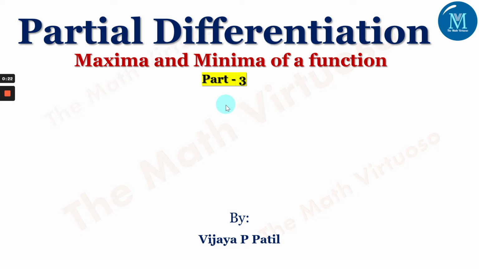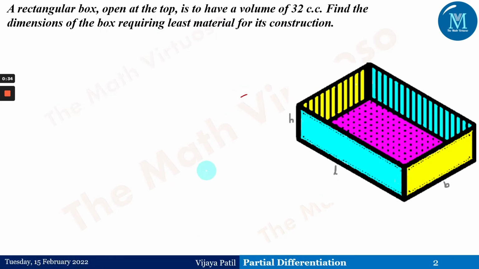The second session was of a little difficult level, and the third one is a problem wherein it's like a word problem. So we have to formulate and then solve it for this function. Now for this particular problem: a rectangular box open at the top. If you observe here, this is a rectangular box, and it is open at the top. It has a volume of 32 cc, that is cubic units. Find the dimensions of the box requiring the least material